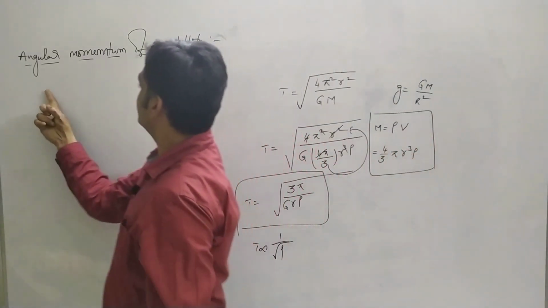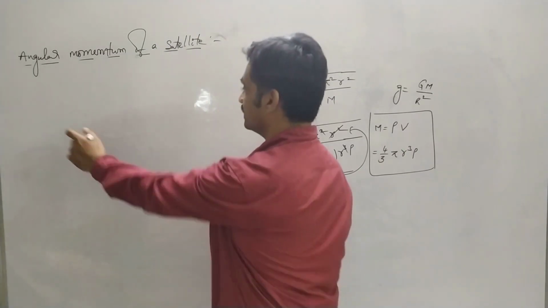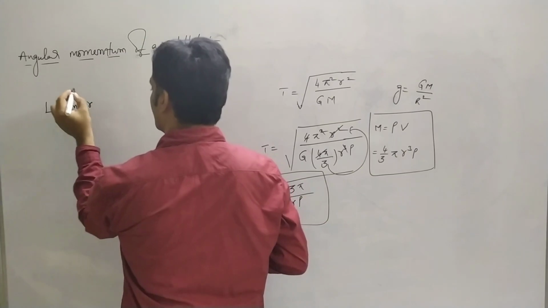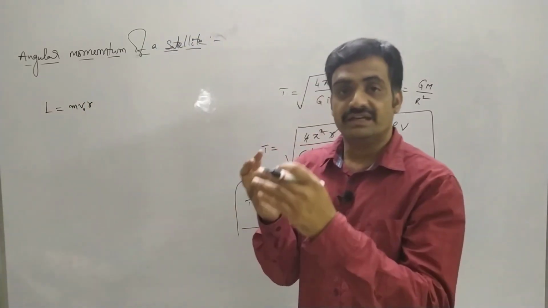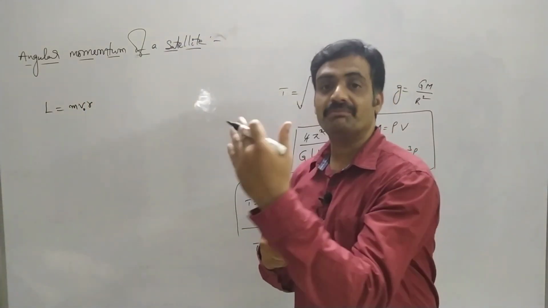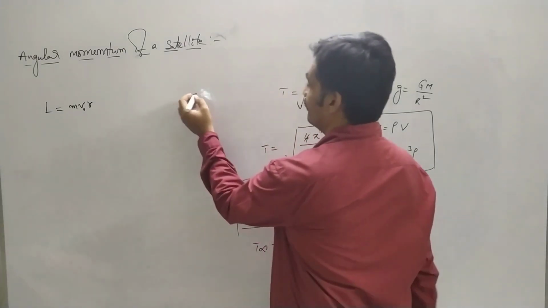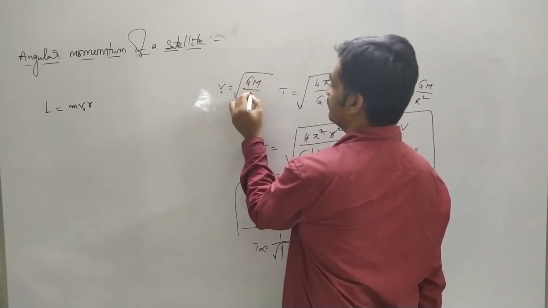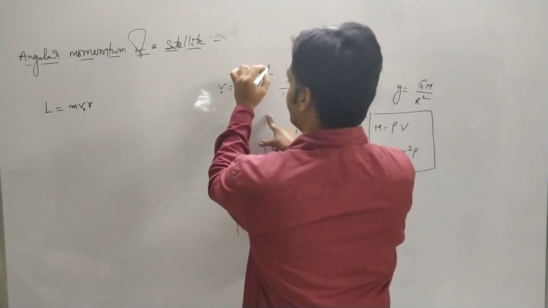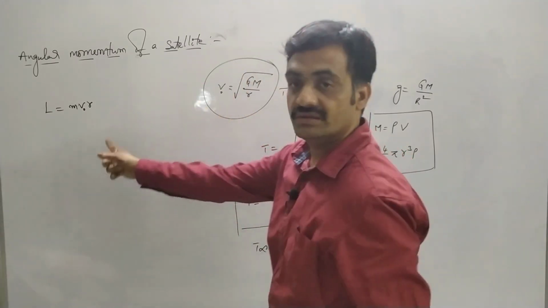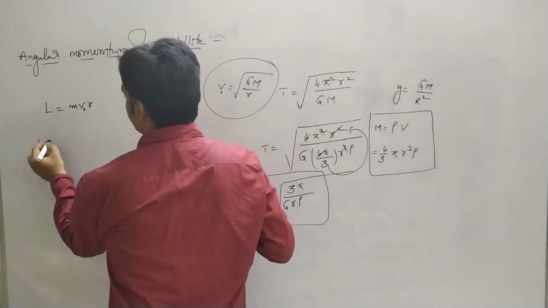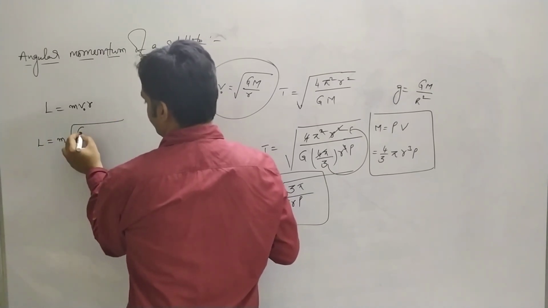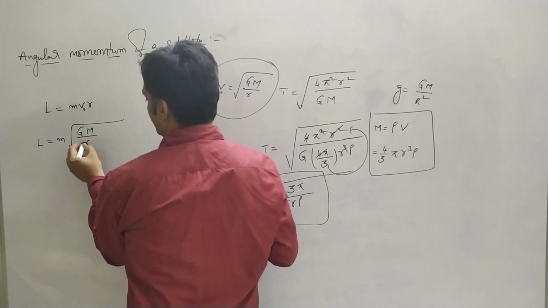Now let's observe the angular momentum of a satellite. We know that angular momentum is represented as m v0 r, where r is the distance of the satellite from the center of the planet, and we know that v0 is equal to the square root of GM by r. So in place of v0 we can substitute this value. As we substitute, the angular momentum is represented as L is equal to m into the square root of GM by r